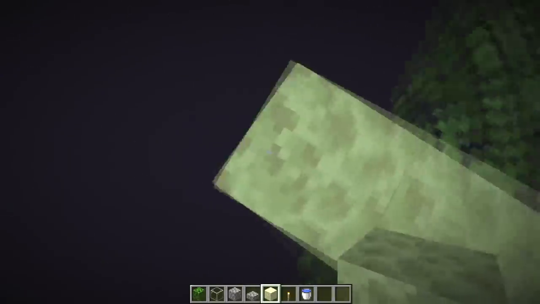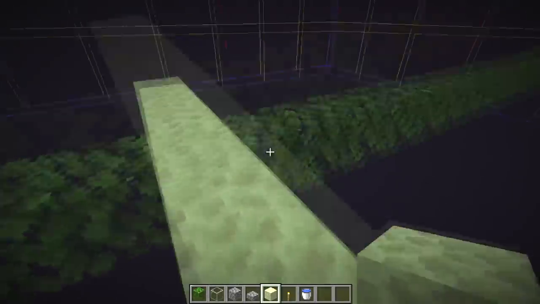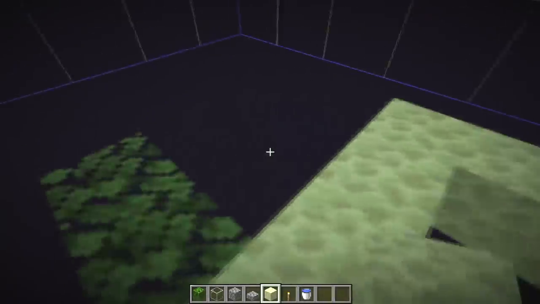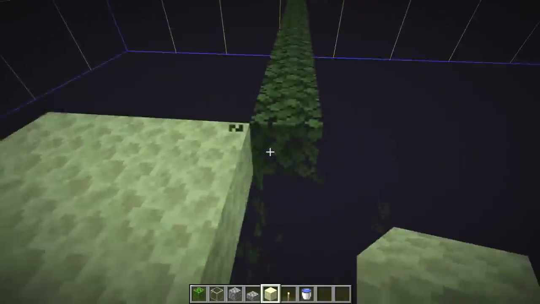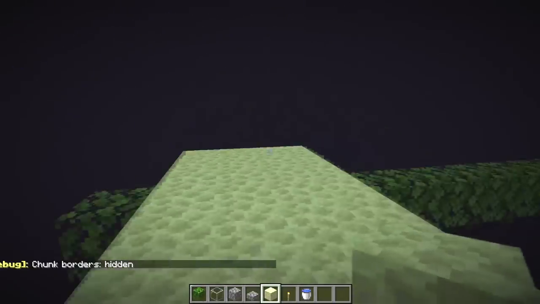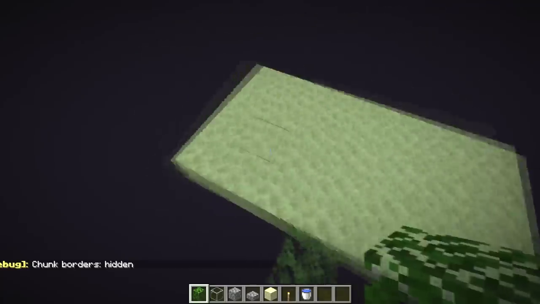And you're going to want to build a 7 wide rectangle just like this. So 1, 2, 3, 1, 2, 3, and make it 4 blocks thick, so just like that. And we don't need this anymore. You don't need the chunk. And once you've built your little platform, 7 by 4,